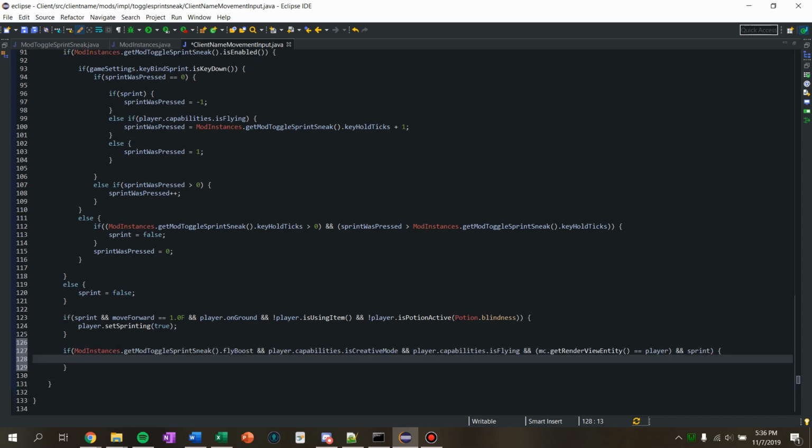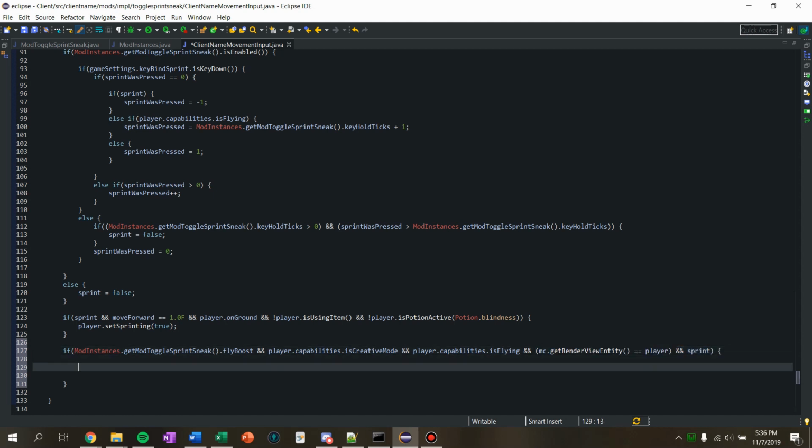We want to now apply the boost. The reason we have to do this is to make sure we're not spectating people, because the view entity might not always be us if we are spectating someone. So